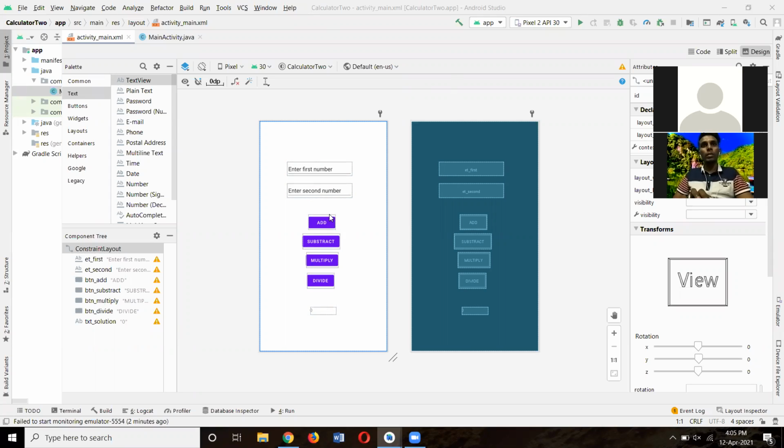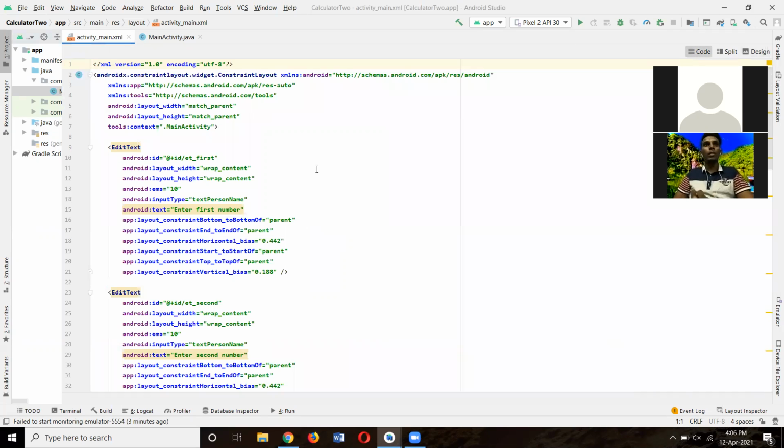This button is the add button, which calculates addition. This button is for subtraction, this is the multiply button for multiplication, and this divide button is for division. Okay, now we are going to see the coding.